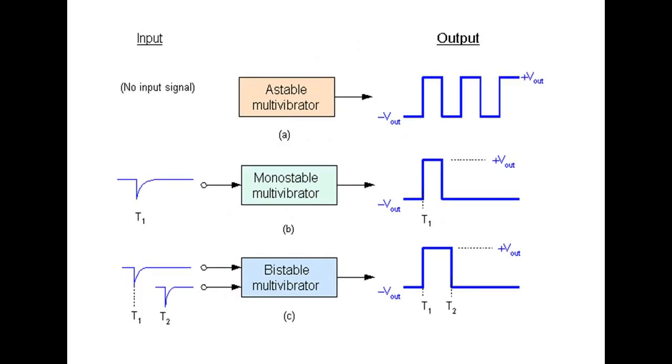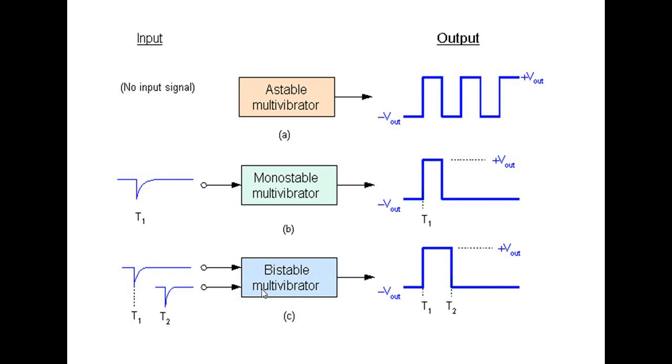Moving on, if you would like to convey the same information in the form of a diagram, first one is an astable multivibrator, which doesn't require any triggering input to change the state from high to low or low to high. And coming to the monostable multivibrator, it requires a triggering to change from one state to another state. Having only one stable state means this low output is the stable state of a monostable multivibrator. If you would like to change this state from low to high, we are supposed to give a triggering at the input of the monostable multivibrator.